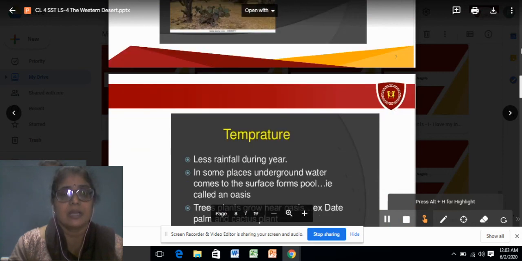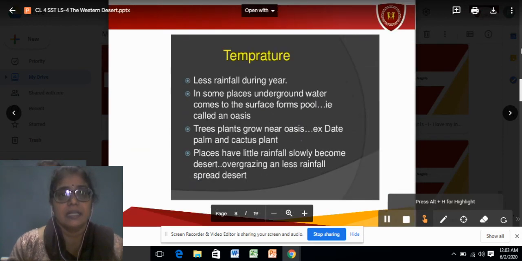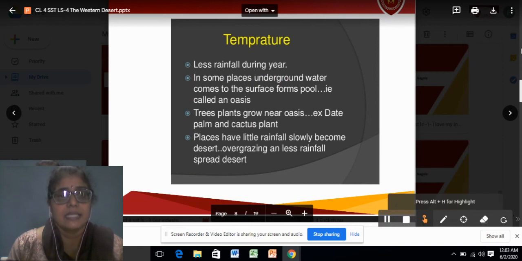Now the temperature. How is the temperature here in this region? It has less rainfall during the year. In some places, underground water comes to the surface and forms a pool that is called an oasis. Trees and plants grow near the oasis. What kind of plants are grown near an oasis, children? Yes, not many like other crops. They grow date palm and cactus because they don't require much